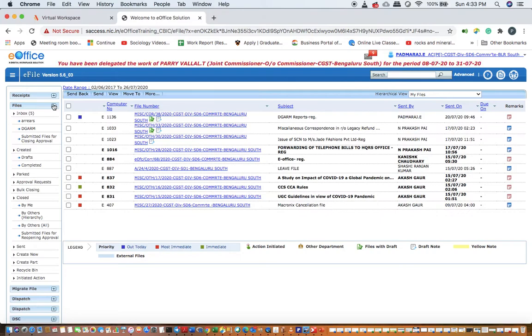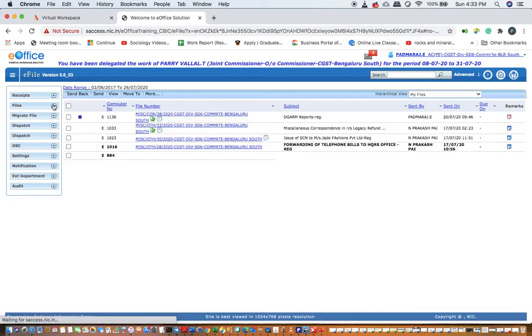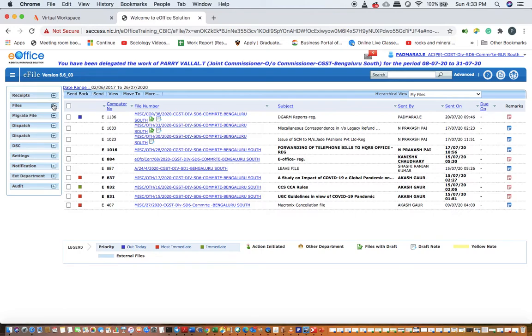Now, as a CRU officer, I'll be receiving two kinds of inward. One that I receive through the email, that is a common mail designated in the trade notice as the commissionerate mail. Another inward would be the one that is coming physically, that is the day-to-day letters that our office is receiving. The CRU officer will have to inward the day-to-day letters received physically as well as the communications received in email that is designated as the single point of contact of the commissionerate.